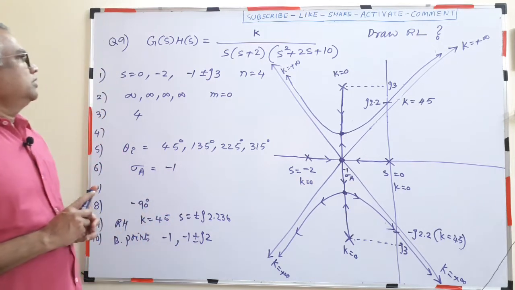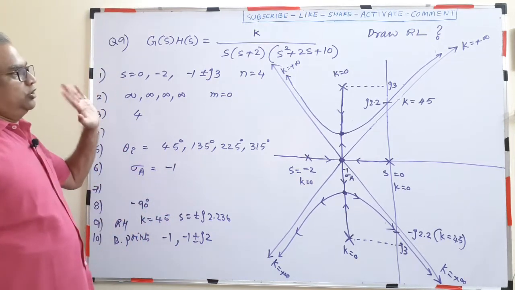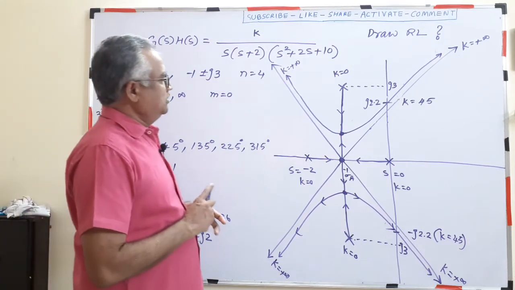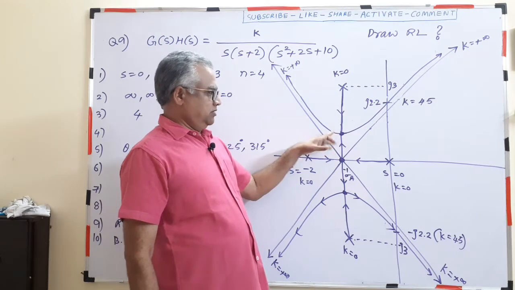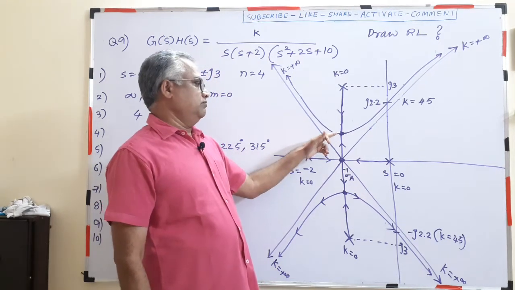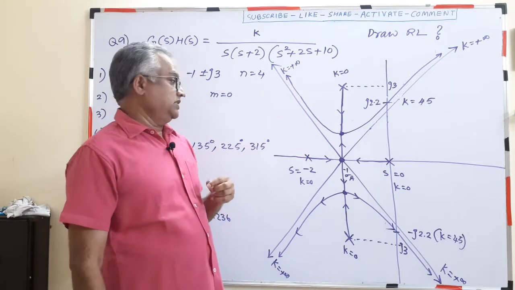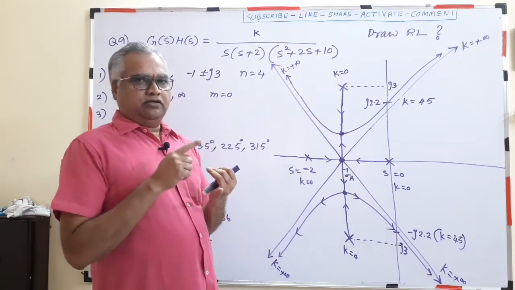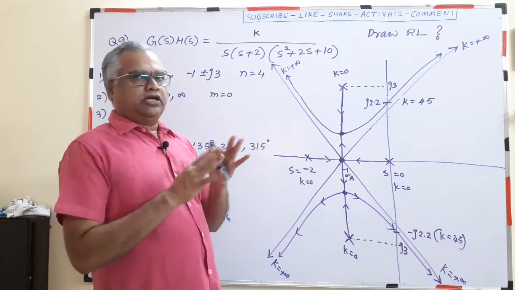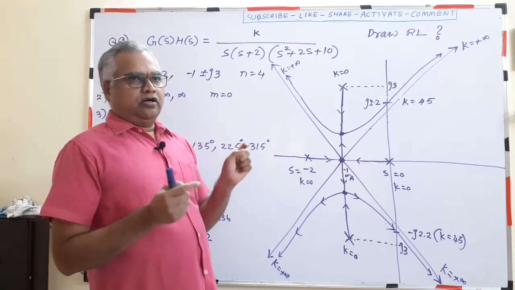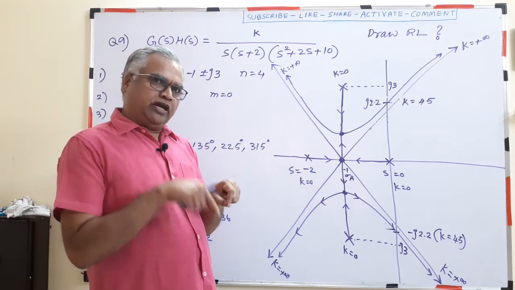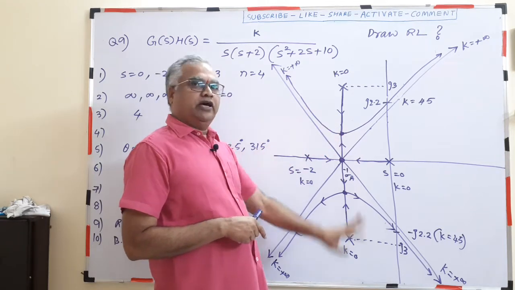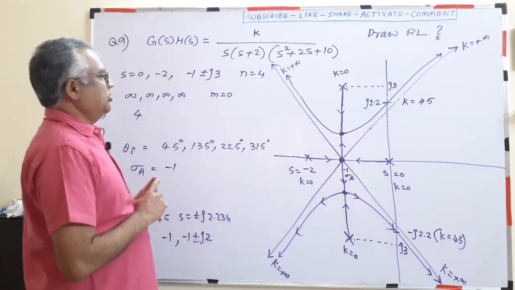Okay, this is another problem in root locus. The specialty of this problem is that the breakpoints are in complex form. Till now, in all the problems we have seen, the breakpoints are real. Breakpoints can be real or complex in general, but in whatever problems we solved, only the real breakpoints were valid. Whereas in this case, a complex breakpoint is also valid. So how will that problem be?